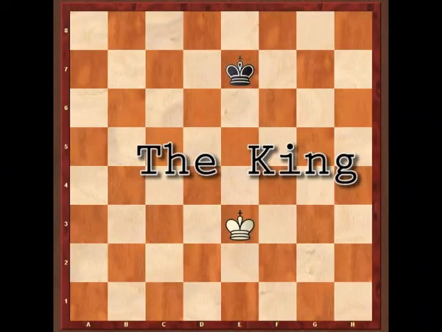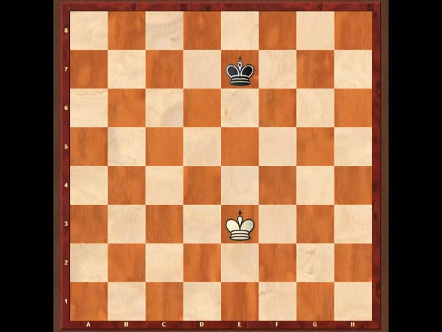After talking a little bit about the board, we now come on to the moves of the pieces, a very important step forward. And the first piece I'm going to discuss is the king. Now the king is your most important piece. We'll find out why this is a little bit later on when I come to introduce the subject of checkmate. The king is a slow moving piece. He can